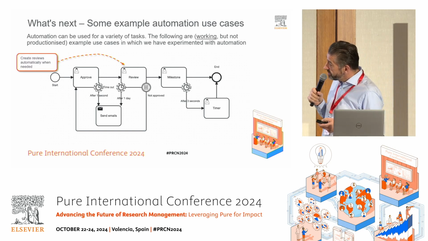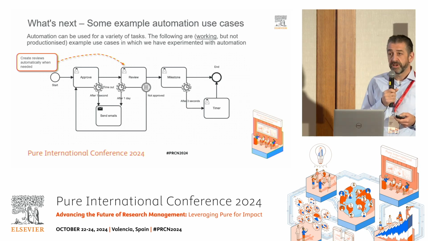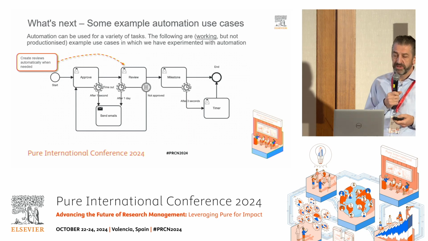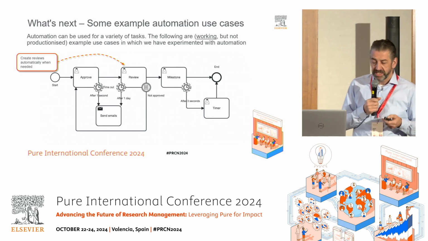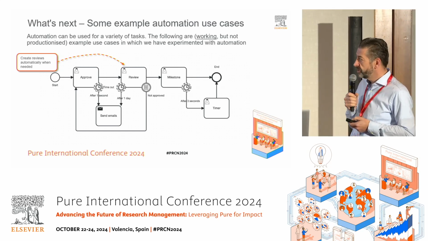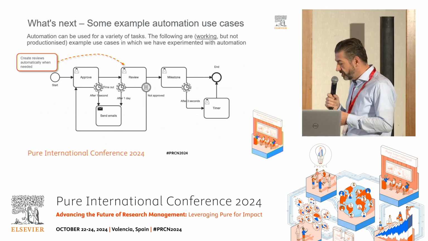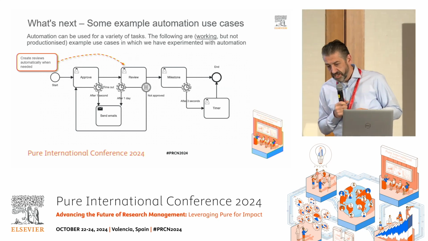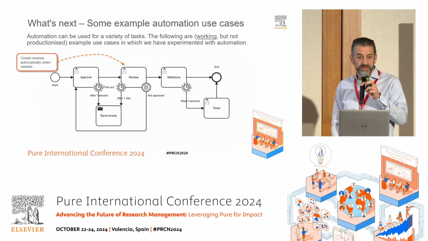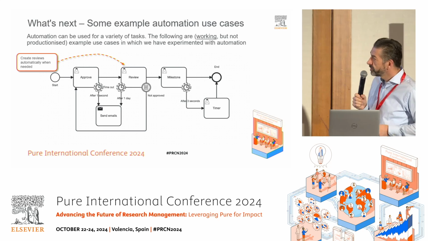So essentially, let's look at things like reviews, right? So a classic example might be if I have an export control requirement. I have a funder or a collaborator on my grant that's coming through from an organization that's on a particular list. I need to check to make sure that the export licensing is correct for this particular grant. At the moment, what we can do within the workflow, by looking at the data, is say this funder is from a particular list, therefore we must include a separate step. That step can be delegated to a known individual who is responsible for that process.